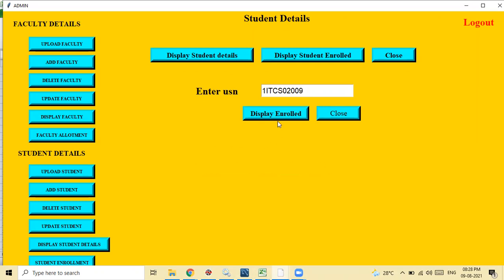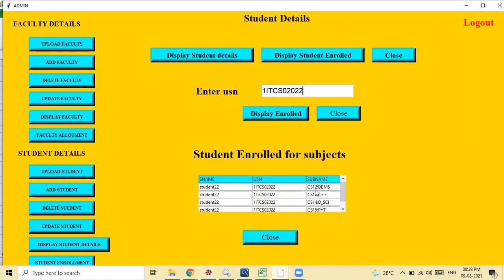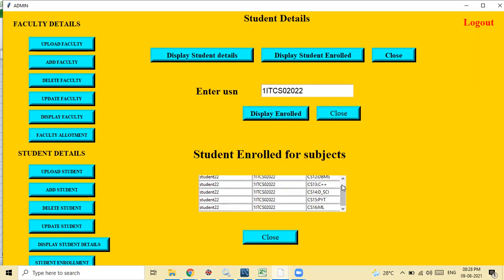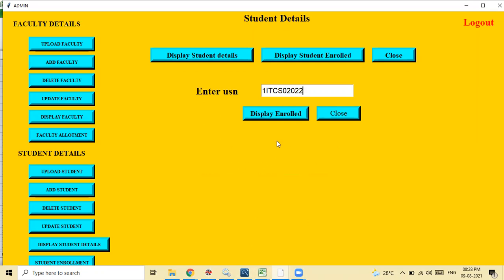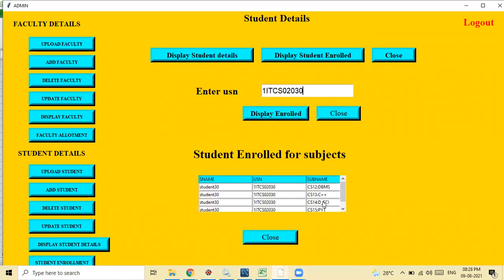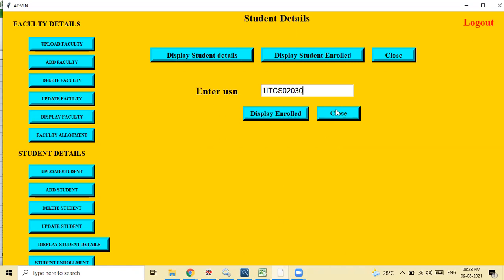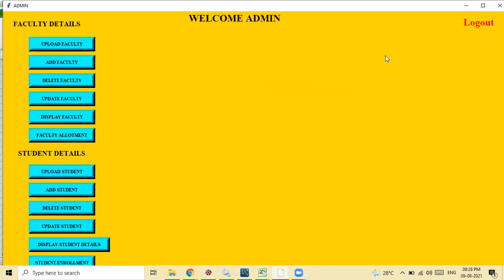Same way we can check for any number. Let us check for 22, roll number 22. Yeah, 22 got enrolled in all the subjects. Next, check for 30, last number. 30 got enrolled in all the subjects. So by this, students are uploaded and enrolled in all the subjects.